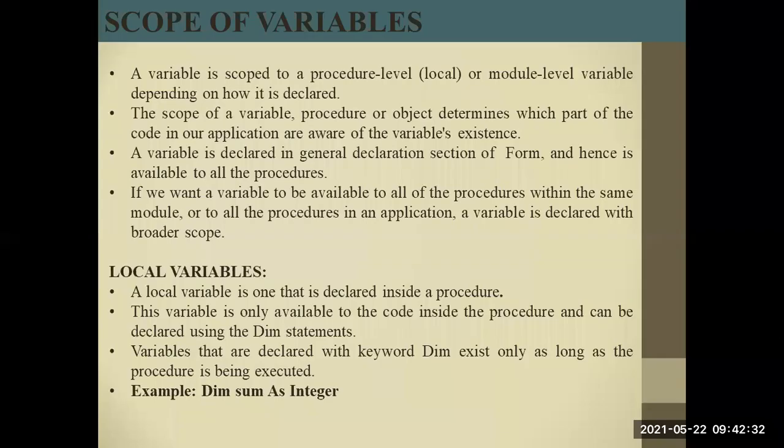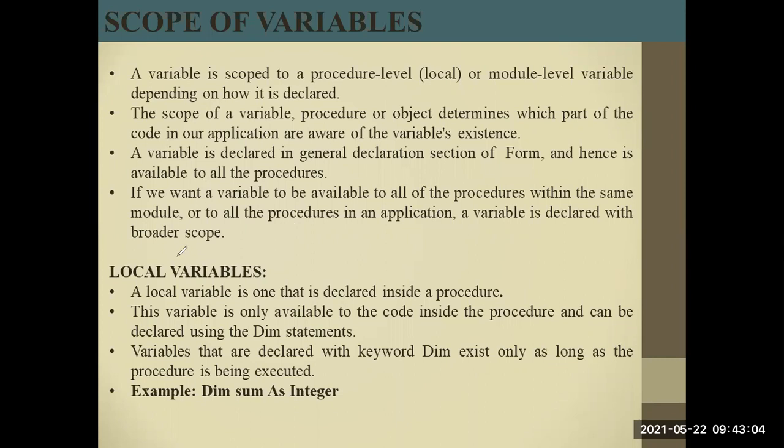So we can say the scope of the variable can be defined in two different categories. One is limited to the form, where the variable is declared inside the form, and the scope of the variable will be within the form. The second type is the scope of the variable within the modules. If a variable is declared inside the module, the scope of the variable is within the module, and we will declare it with module scope.